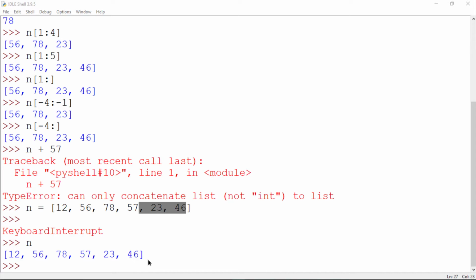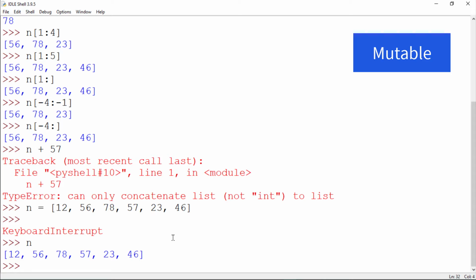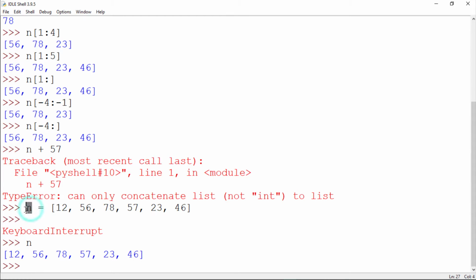But wait, don't you think that something is inaccurate? Like you can see here, we can change the whole list also. So that's not the right way. So for editing the list, we use a concept called mutable. And mutable basically means to edit the list. Now here, I have created this n list variable, so let's try to edit the list.